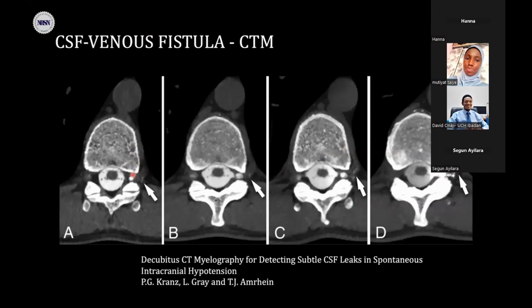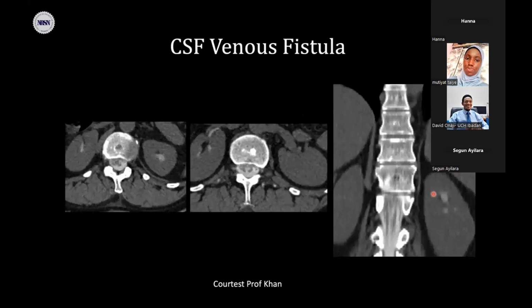Okay, so for our initial imaging, the myelogram may not be positive, but it means that CSF from the intradural space is getting into the venous system. So he shared this one where he did a CT myelogram, and within like 10 minutes of putting in